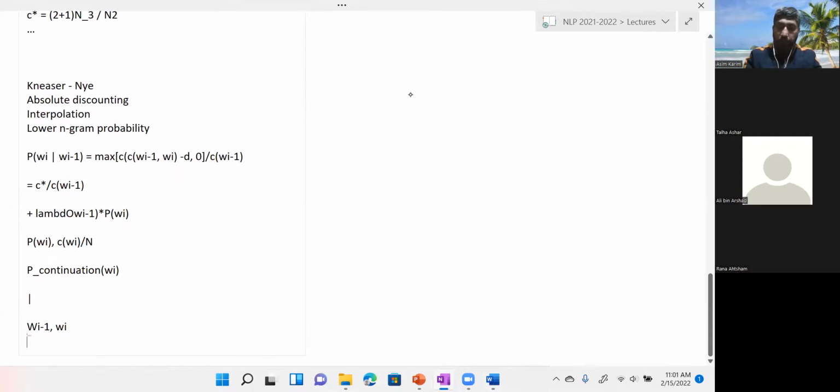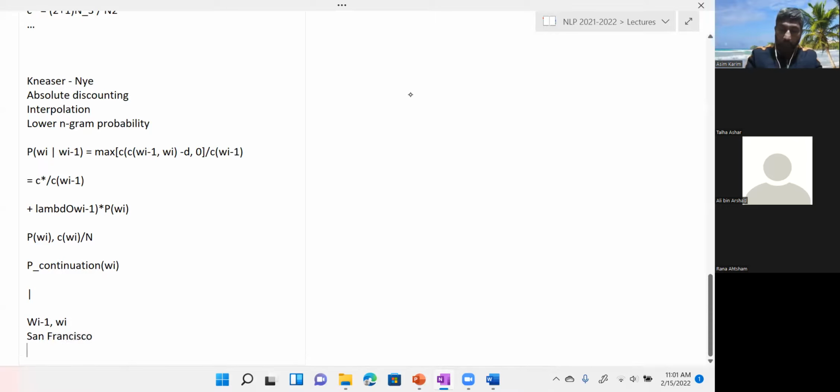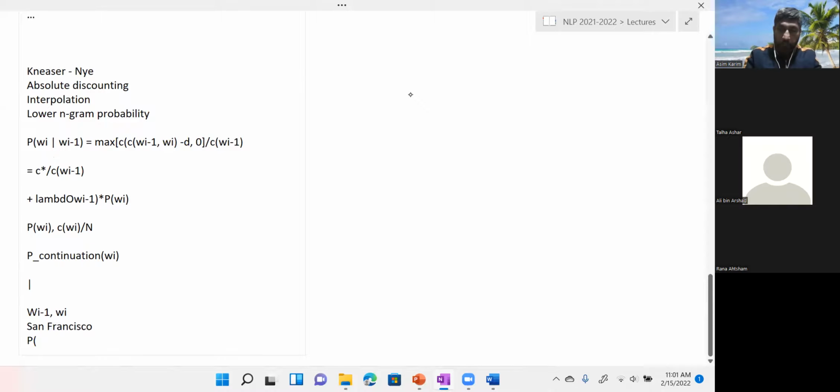So let's take an example, the example as given in the slides as well. Let's say San Francisco. So Francisco is Wi, and San is the preceding word, right? And Francisco is the continuation of San. So we are talking about the probability of Francisco